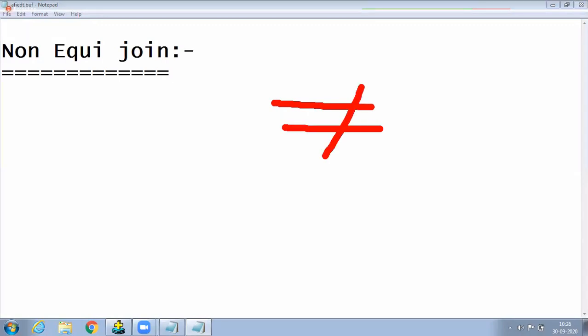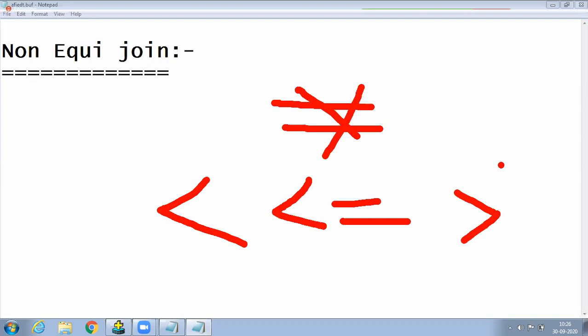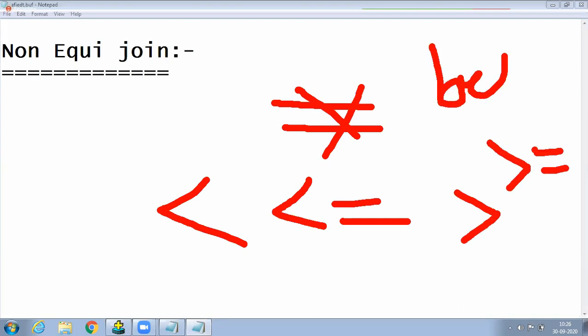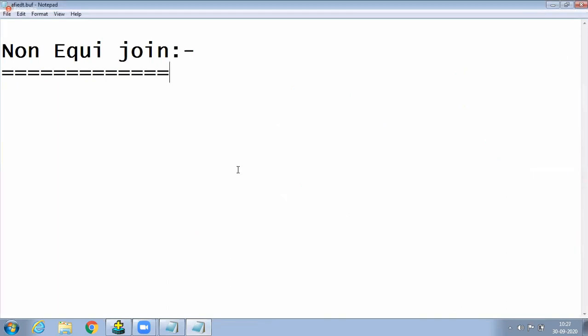Other than the equal to operator, we write either not equal to, less than, less than or equal to, greater than or equal to, or between. Using these operators, we retrieve data from multiple tables. Retrieving data from multiple tables based on operators other than equality is called a non-equi join. Write it, non-equi join.